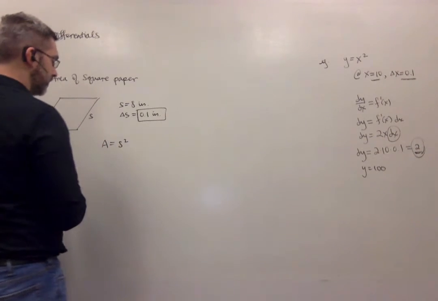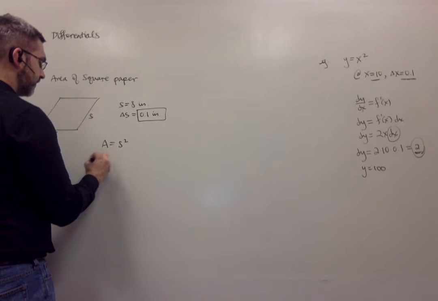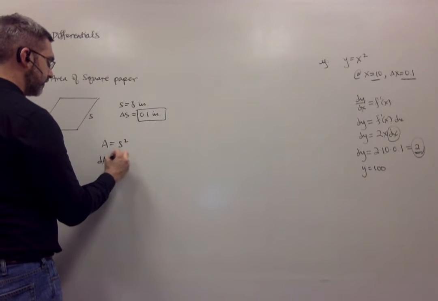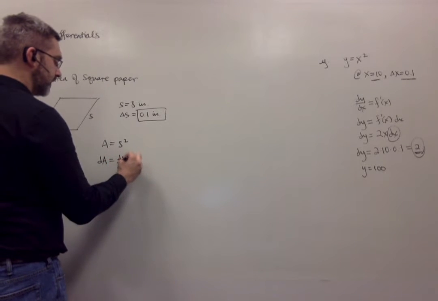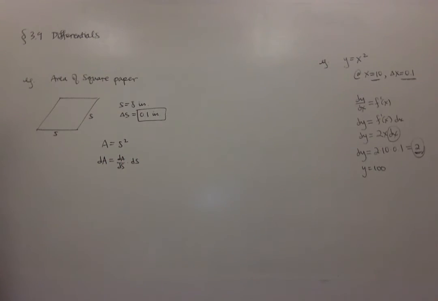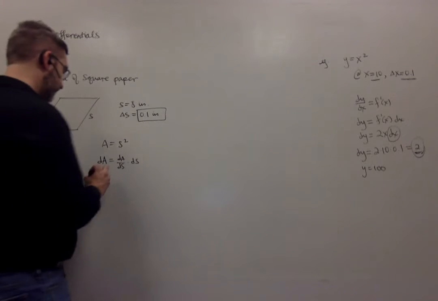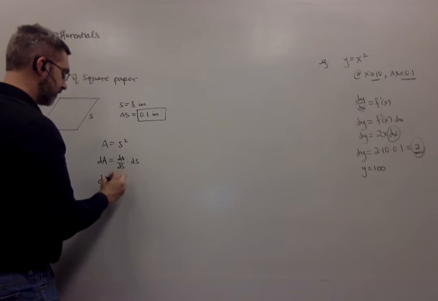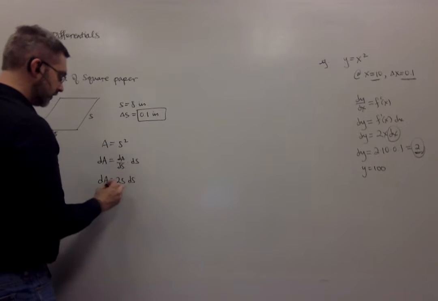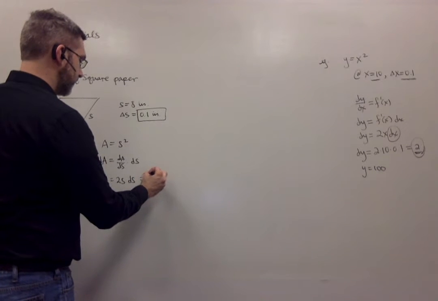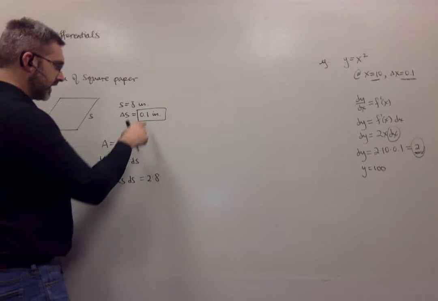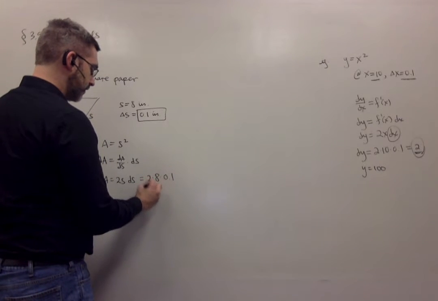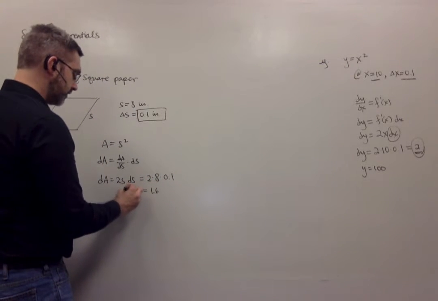is side squared, and so the differential dA is the derivative times ds. Now the derivative of s squared is 2s, so what we're looking at here is 2 times 8, and my error here is 0.1, so in other words, 16 times 0.1 is 1.6, so my error in my area